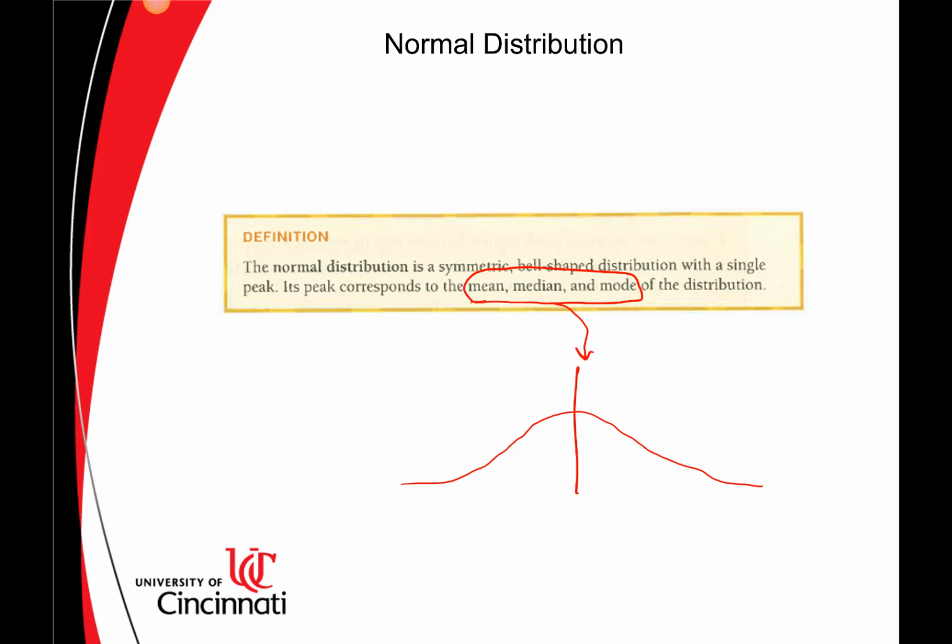So very important on a normal distribution that it's symmetric. Why do we have to throw in symmetric? Mirror image on both sides so it looks the same. You have the same amount of variation in each direction. It's not skewed. When you have that, the mean, median, and mode are all right there at the peak. And the cool thing is, if you know what the mean is, do you have to compute the